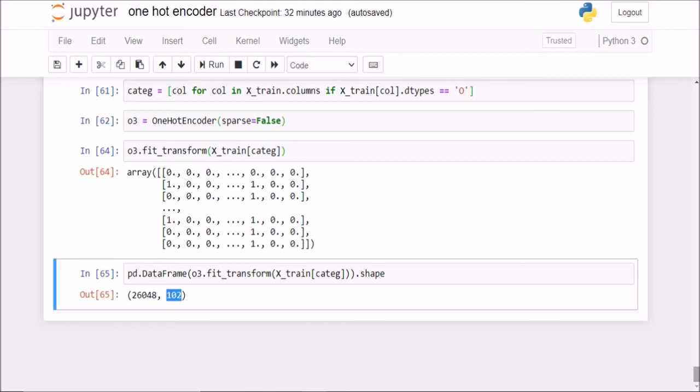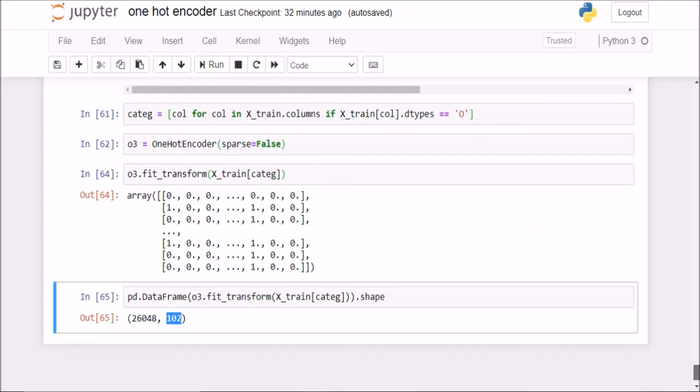So this is also one of the shortcomings. Well, you can't really say a shortcoming because a machine learning model can handle 100 columns. It can handle thousands of columns as well. So this is the thing about one hot encoding that you need to keep in mind. It will increase the feature space. Next, we will look at one parameter called the drop parameter.